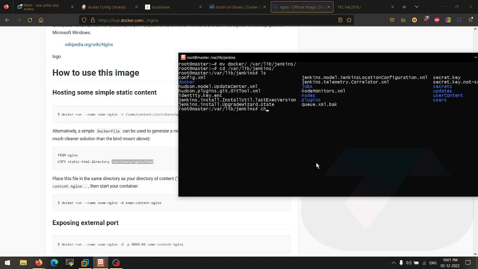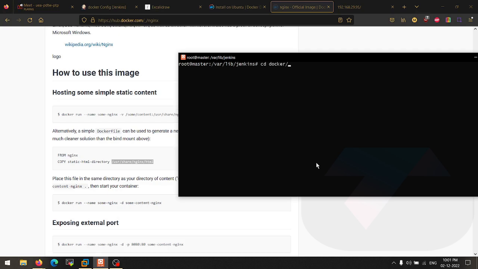And inside this, I have to change the permission as well, because I have created this as root: chown -R jenkins:jenkins, and the name of the directory is docker. Sorry, the name of this particular directory is docker. Okay, so this is the Dockerfile that we are going to use, and let's go back here.